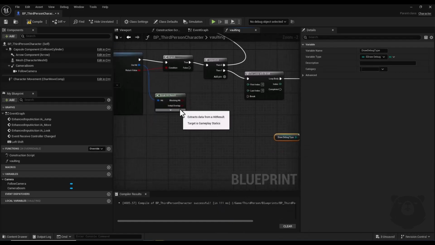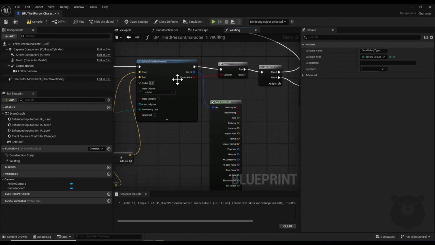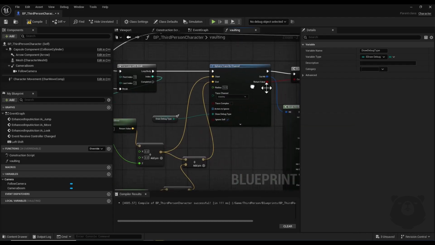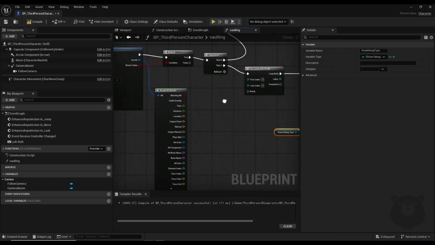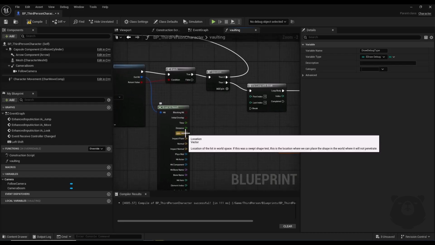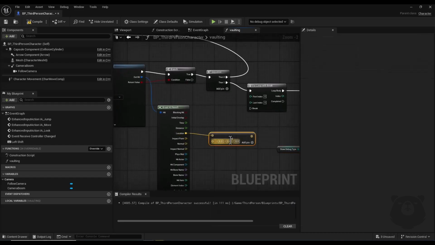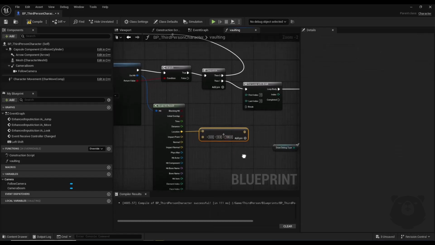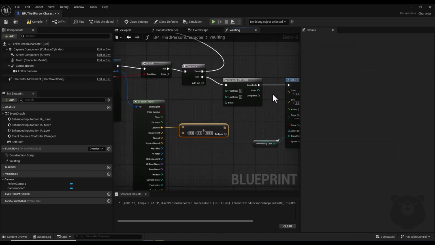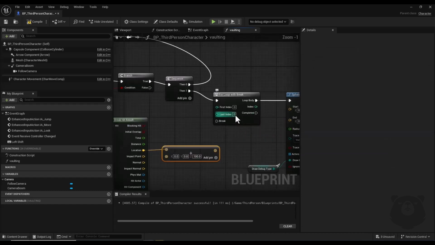Now from this break hit result of this first sphere trace by channel, I drag a node from this location and I add this add vector node, and here I insert 100 on z axis, and I also set this last index of for loop with break to 5,